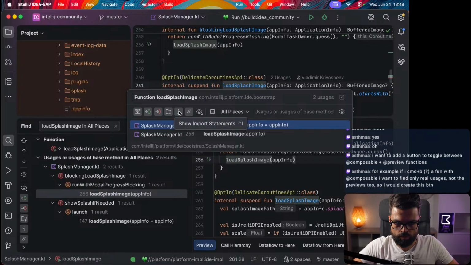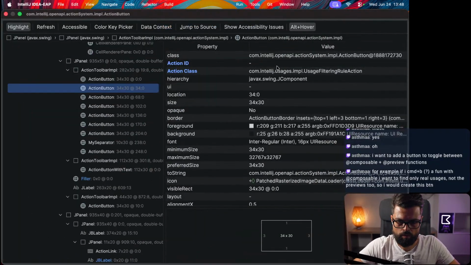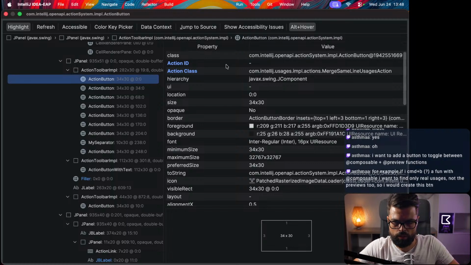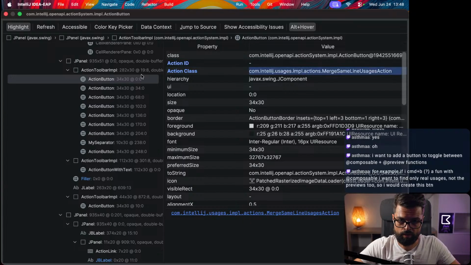Yep. So this I action was already the filtering one. So what we can do here is to look for those actions. They don't really have any IDs here, but